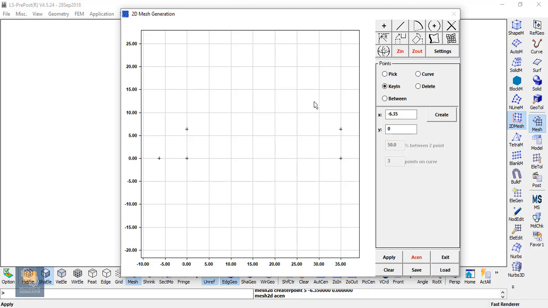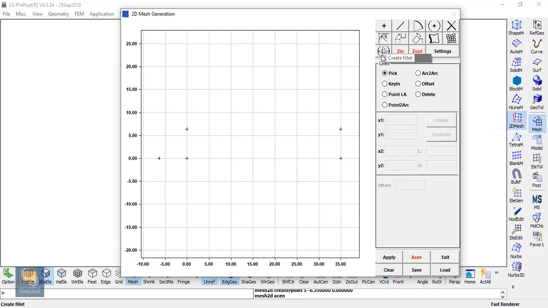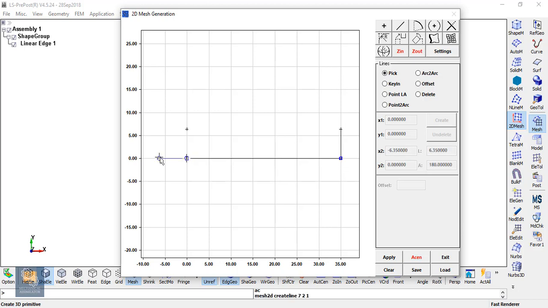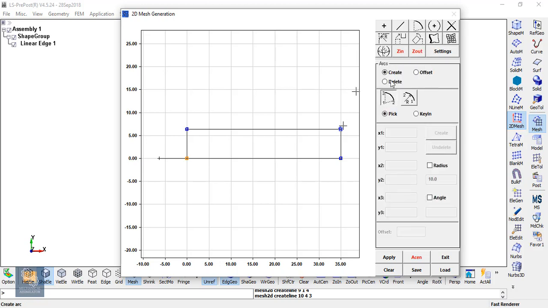It actually zooms in. So, click on the line and by taking the points, clicking the points, create the lines. Let us give the curvature or the arc profile.